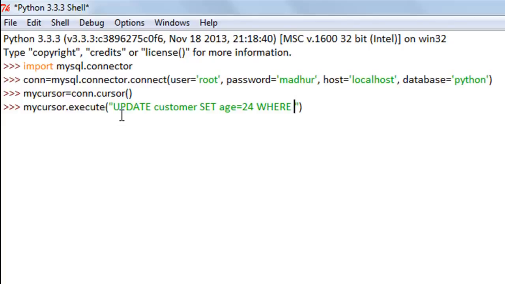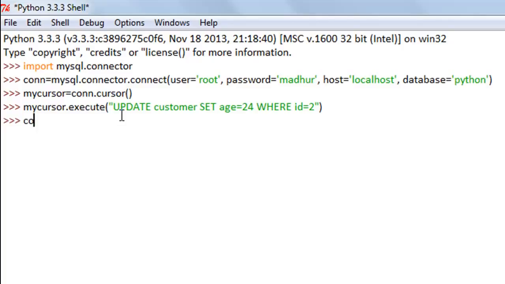So no other customer in the table will ever have customer ID 2. There can be customers that have the same email address as Jill, there can be customers that have the same name as Jill, or the same age, or the same city, but no customer is going to have the same ID as Jill. So that's why I'm going to type in ID equals 2, and this is the unique property of Jill. And I'll press the enter key, and in order to stick the changes to the database,